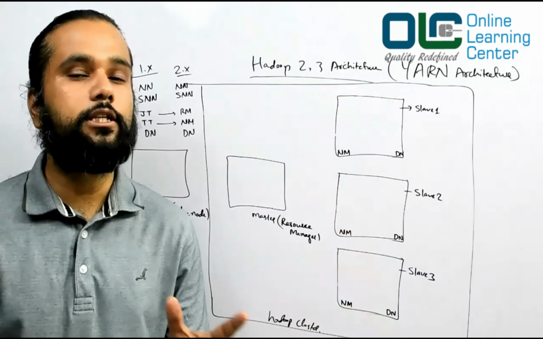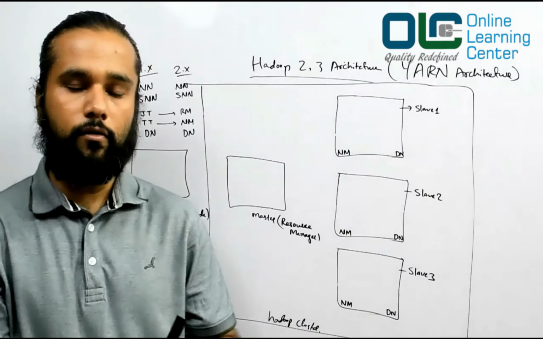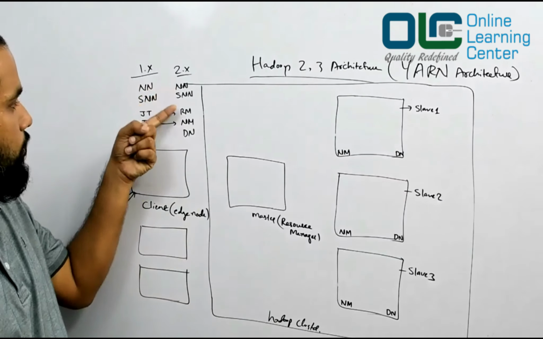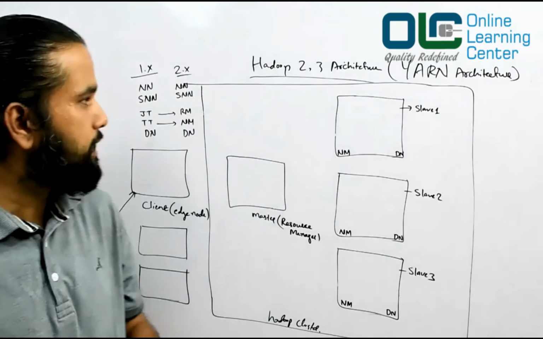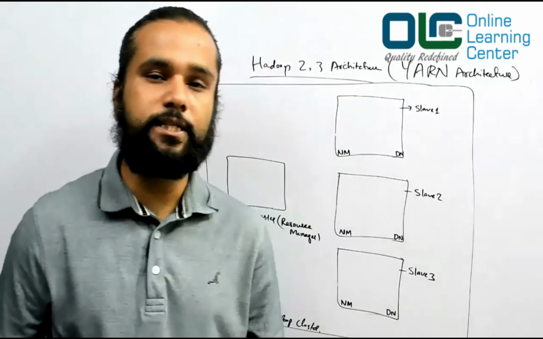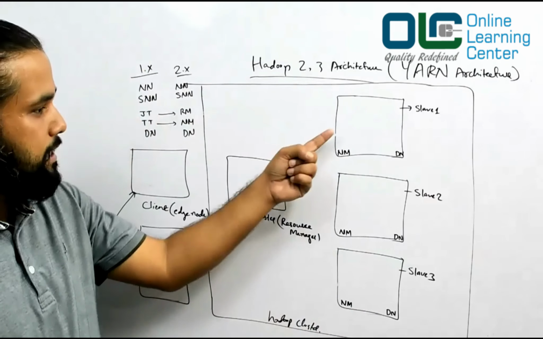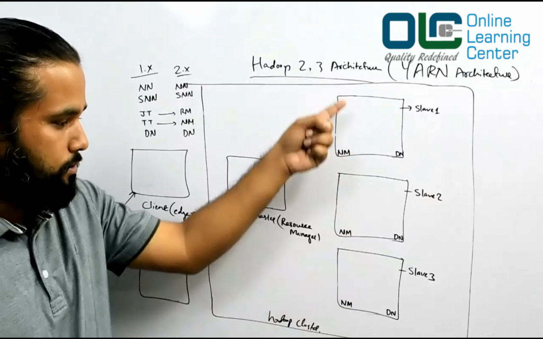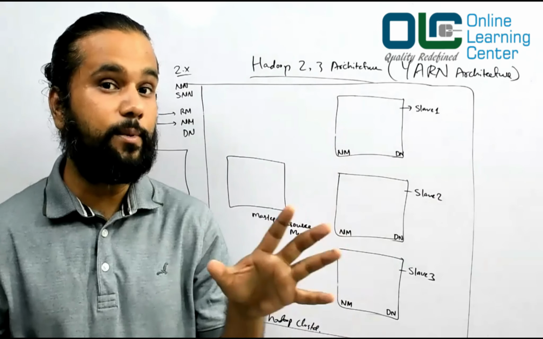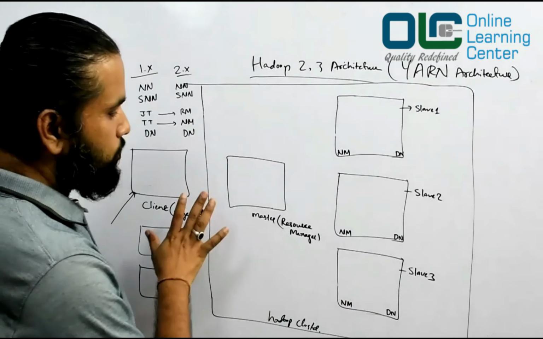When we install Hadoop in our system in the coming week, you will see that once your Hadoop is successfully installed, you can list down all these things. You will just say JPS and you will see all of these are up and running. These are the processes which go up and running in your Hadoop environment. So data node and node managers are the processes which run on your slave machines.